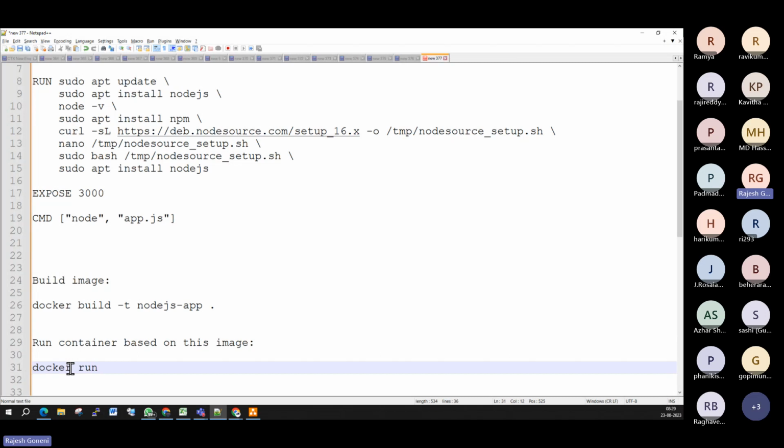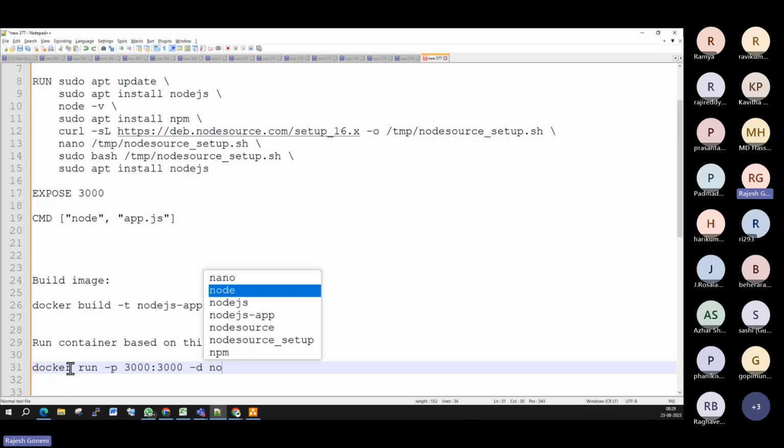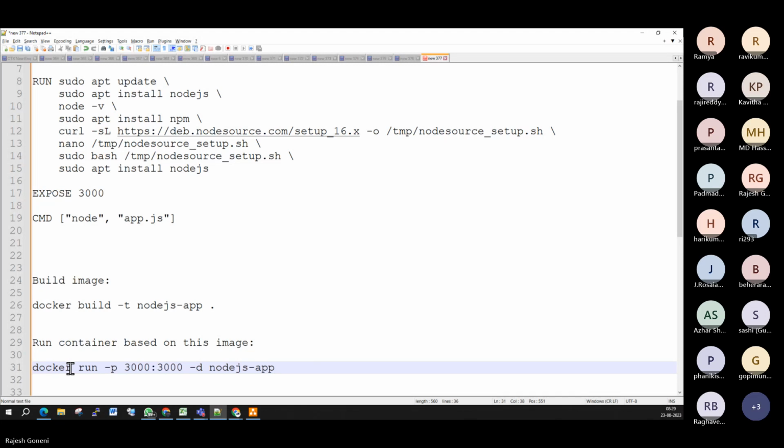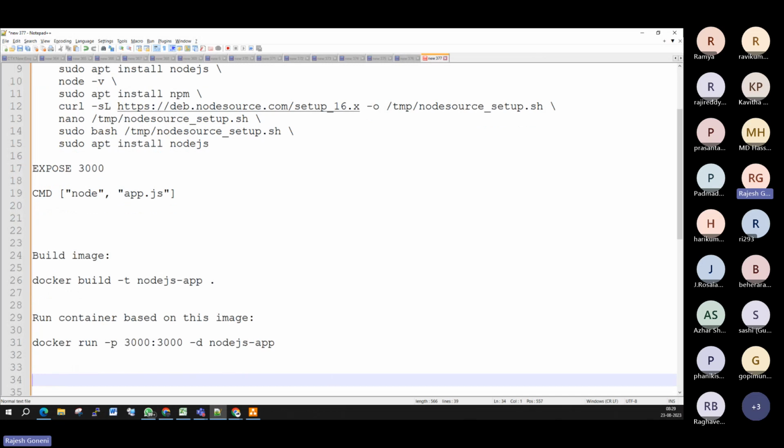Docker run -p. P means port. So internally 3000, external also 3000. -d is my detached mode. Node.js app. Once you run that, your container will get ready. And this container will be running with some name, some IP address and all. Followed by, if you want access from the browser,